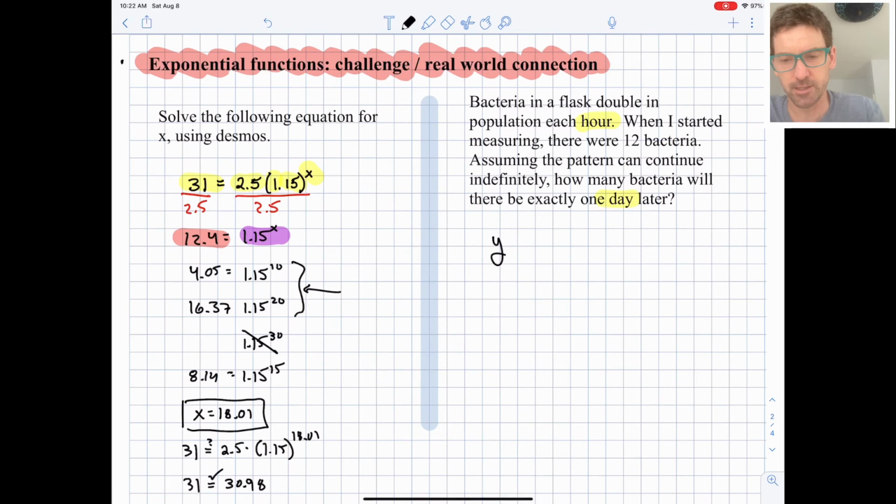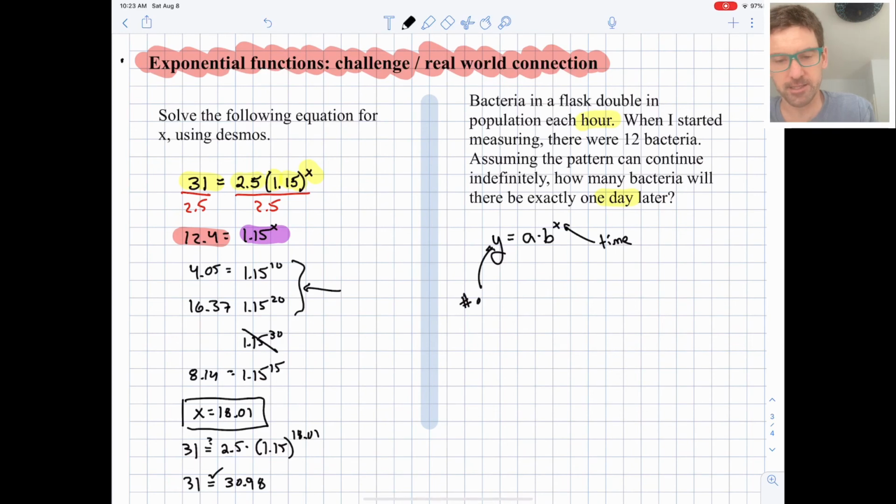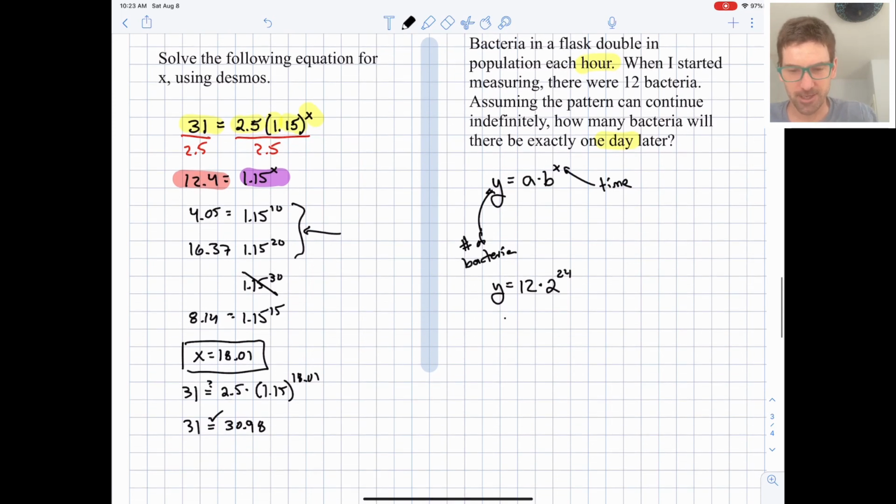So we're wondering, let's see, we have an exponential growth pattern. And so this will be time, kind of informally defining our variables here, and that will be number of bacteria. So we can write this out as y equals 12 as our starting amount. Things are doubling each hour, and we're wondering how many bacteria we'll have after 24 hours. I bet we're going to have a lot. Let's run through our calculator and see. 2 to the 24th times 12. So that equals